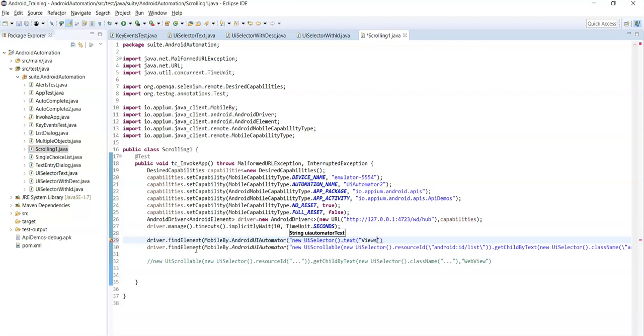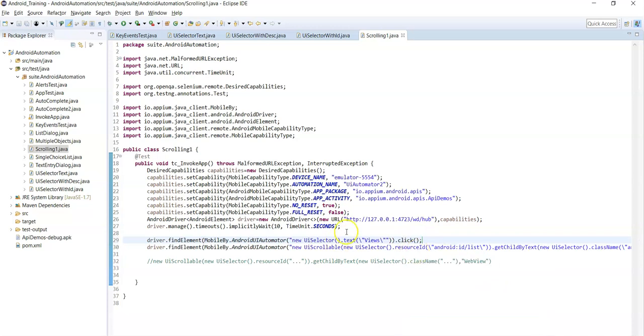Place the text attribute value here, and you need to specify backslashes. Now perform the click action, dot click.